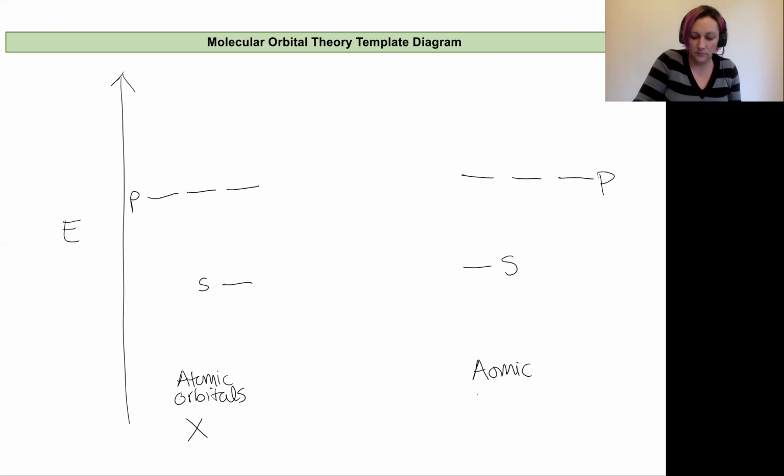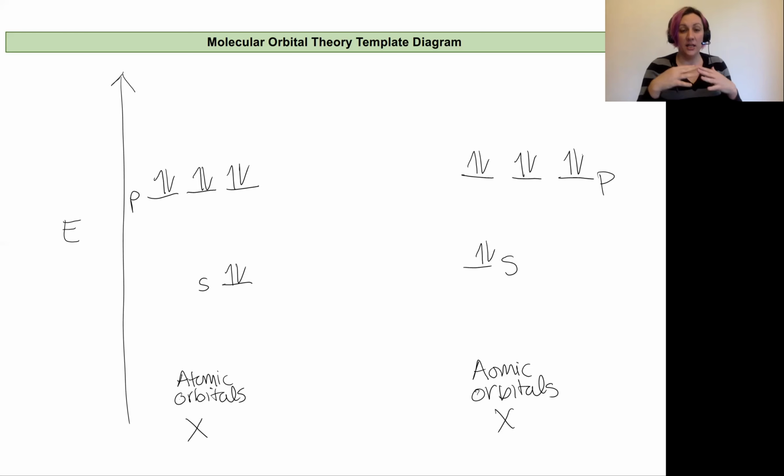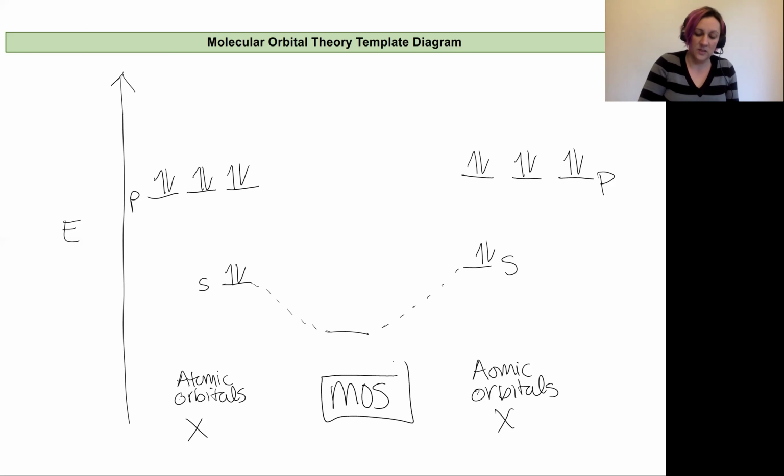All right, so now what I'm going to do is combine my atomic orbitals to make my molecular orbitals. I'm going to focus first on my S, and bring those together and have them overlap and create an antibonding and a bonding orbital. So my bonding orbital is going to be lower in energy. And so I'm going to put my molecular orbitals in the middle. These are my MOs in the middle